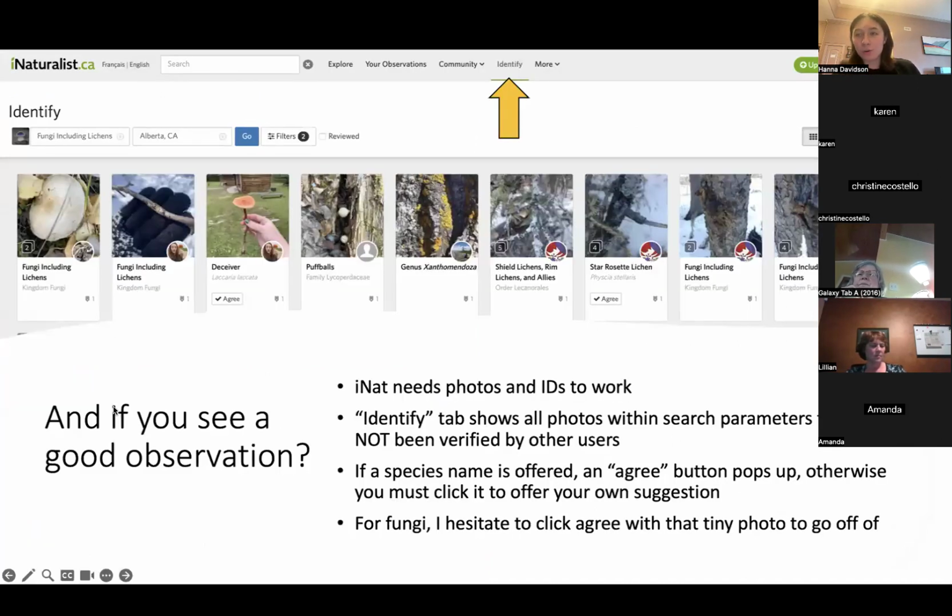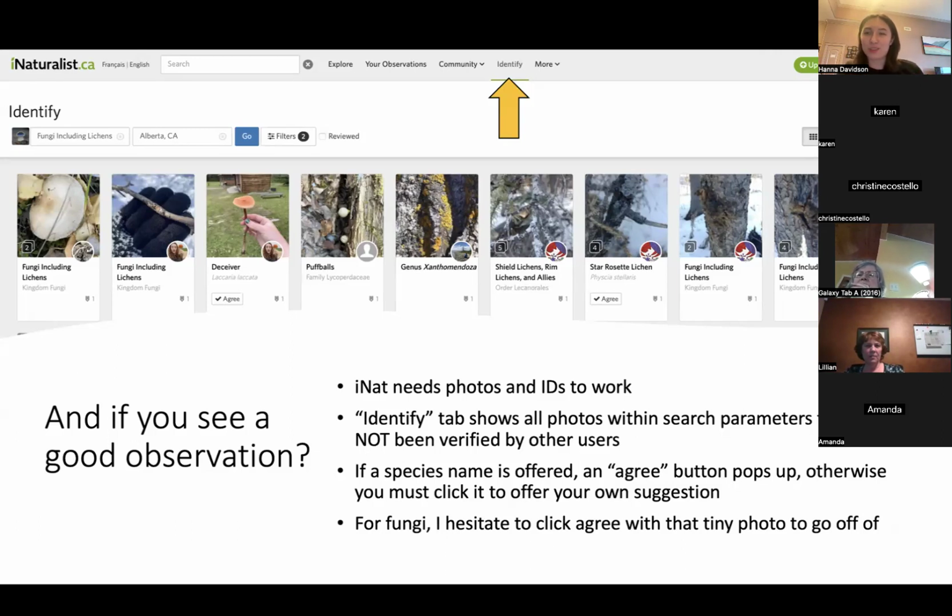And then, so we talk about making a good observation and hoping that people come to identify it and help it get to research grade. That's all fine and dandy, but somebody has to do that. And a lot of people post to iNat and they get kind of frustrated. They're like, no one ever looks at my stuff. No one ever gets my stuff to research grade, but they're also not looking at anyone else's stuff. So if we're all posting and no one's identifying, we kind of get stuck in this loop of lots of data with no confirmation. And so it really, really helps if you help to identify.